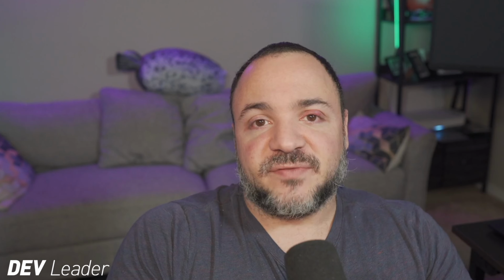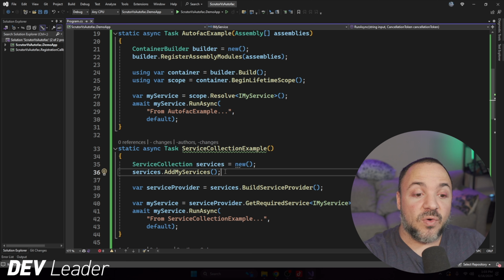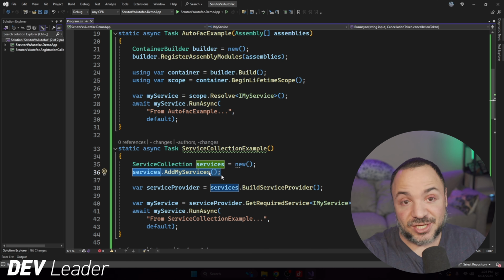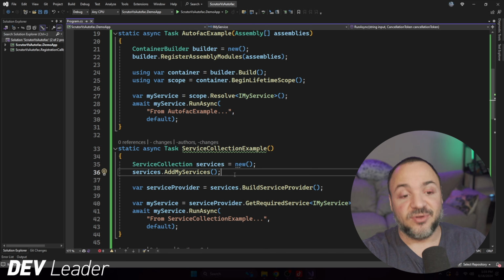This might not be a big deal at all for you. You might say, yeah, I'm touching my core application because I'm touching it all the time to add features. One of my design philosophies is that I try as much as possible to have a very lightweight core application and push things out into different features or different plugins, or you might call them something like a vertical slice. Just a personal opinion about how I like to develop software, and that means that I try as much as possible to have a lightweight entry point to my whole application. That means that I don't want to be adding more extension method calls, more extension methods in general,